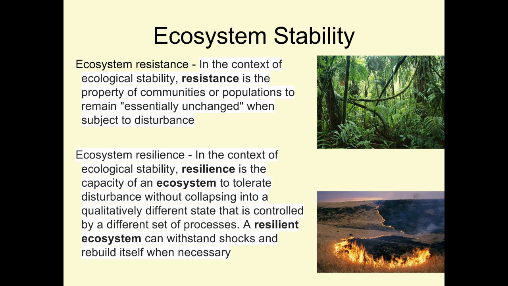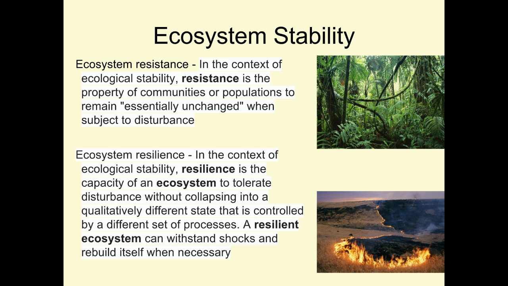If I were to clear cut a rainforest, right, it has a lot of resistance, but if I were to destroy it, its resilience is very, very poor because it is so complex. Think about it. If I wipe out a rainforest, you think that rainforest is going to pop back in a year or two? No, it's not. It's pretty much done at that point because it was so diverse, it was so complex with all the interactions there. Where grassland, I can wipe it out with a forest fire, and because it's grasses, there really aren't a ton of species, they can come back very quickly.